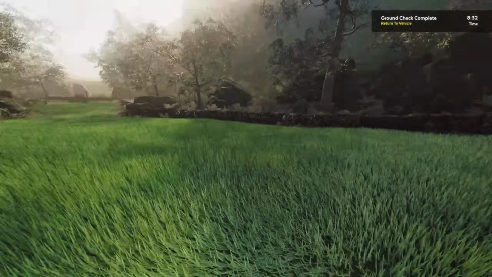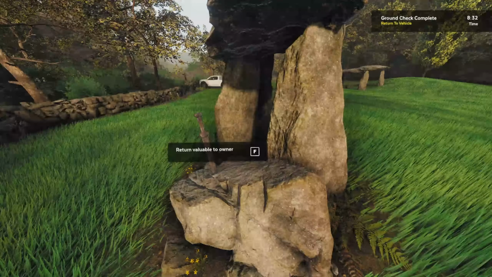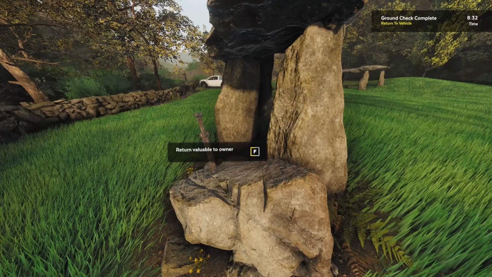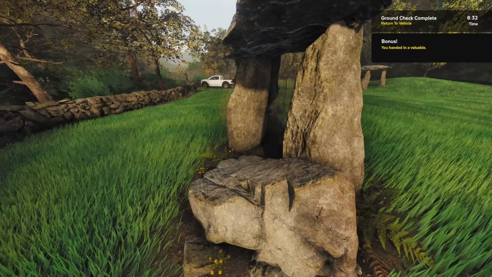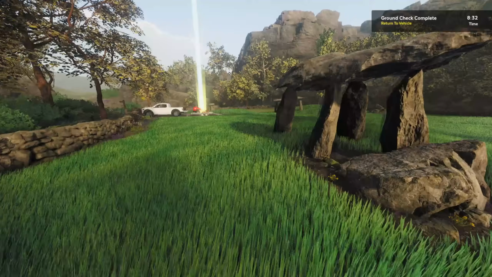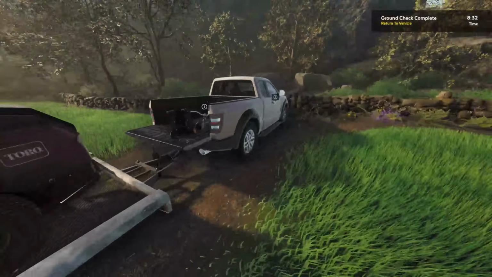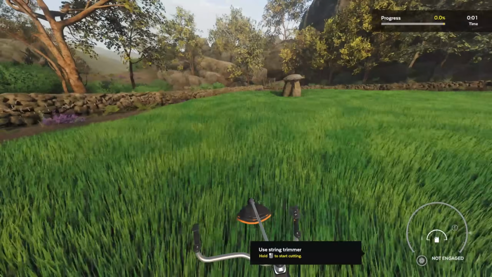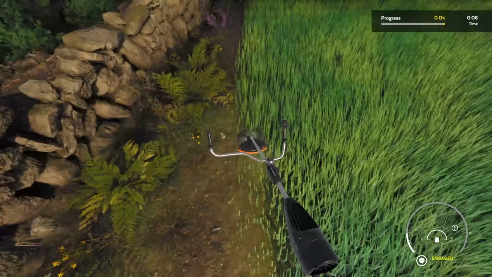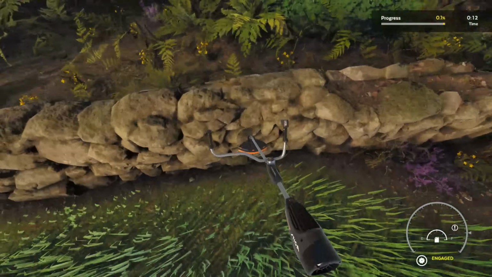All right, now this is our valuable. All right, so we got the valuable. It's part of a sword or something right here in this rock. Let's hit our trimmer. We only have, I already forgot, I think 30 minutes to do this whole thing, and I don't know if we do the perimeter? I guess we do. We've got this like fencing part of it,